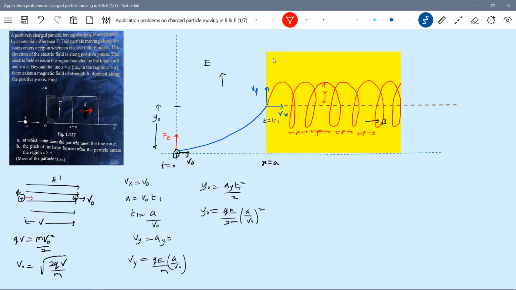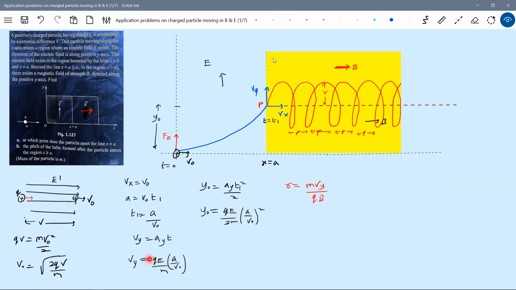Time taken to complete one revolution, all these things are asked. So the point where it will meet the magnetic field is in fact directed in this way. The question is given a little bit differently, so I just changed the magnetic field to be horizontal. Okay, let's get into all the unknown things. Who will determine the radius? Which component? m Vy by QB. What is Vy equal to? We know it here.